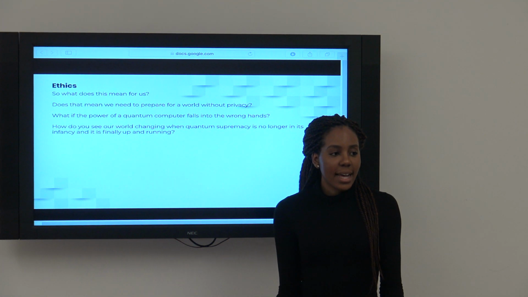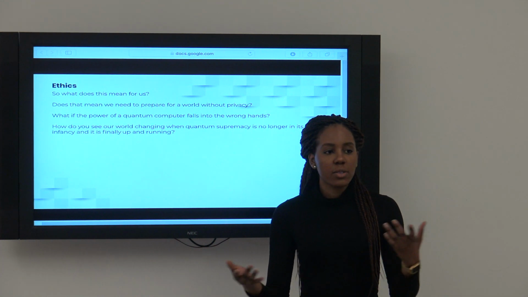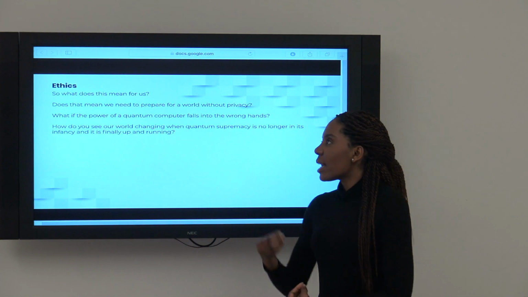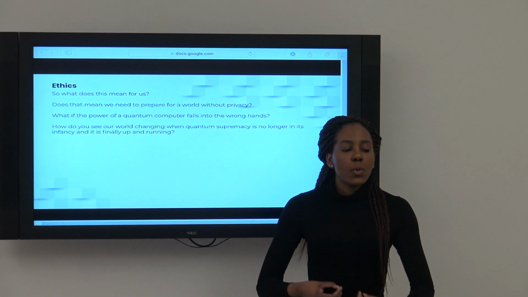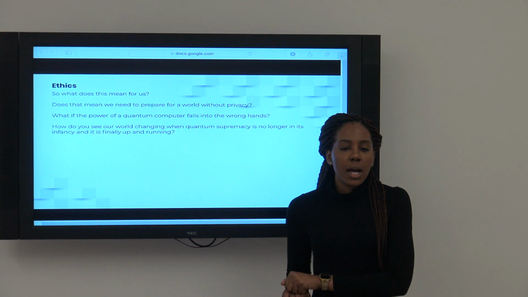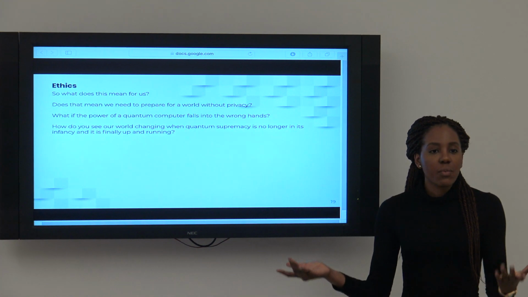And with that being said, it can basically open all our emails, open our transactions, open anything that we want to keep secret. So what does that mean for people who will never be able to keep our hands on a quantum computer? What does that mean for us? People who will always be using a regular computer,